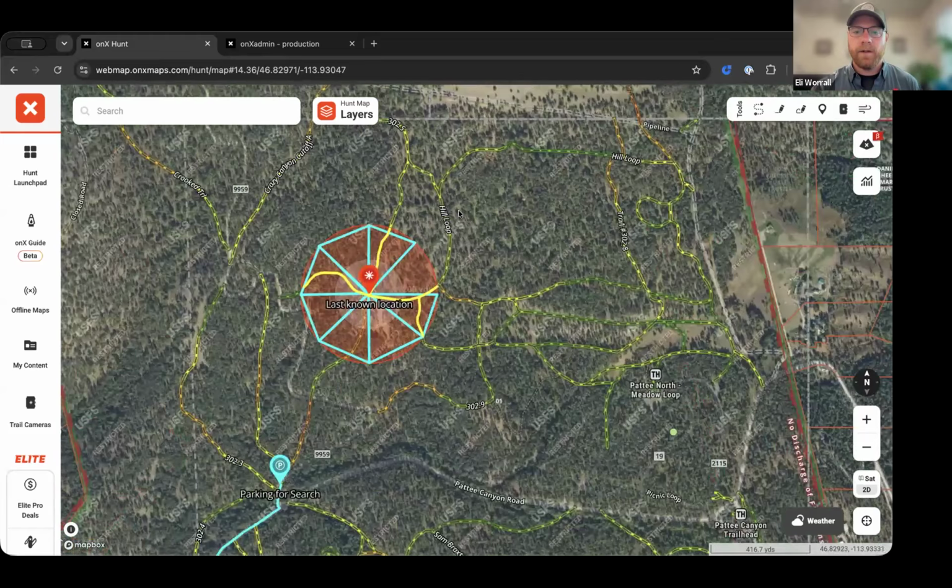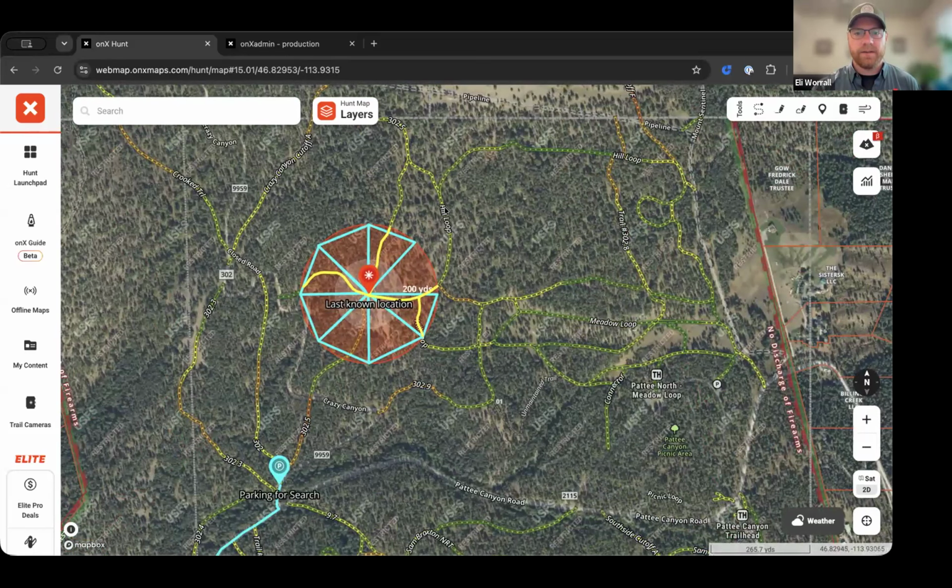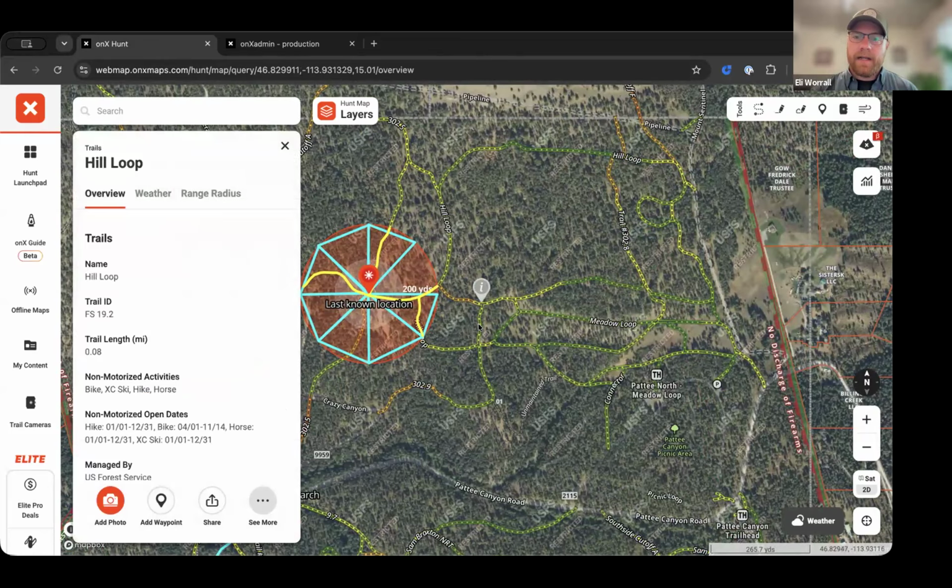So you can see which trail is going to be the steepest, which ones are going to be a little bit more flat, which ones you might want to take when you're getting into that location, and which ones you might want to avoid. So there are going to be green, yellow, red. The darker red it is, the steeper it is, versus green is going to be a little bit flatter. It also helps highlight these trails for you so that you can see,